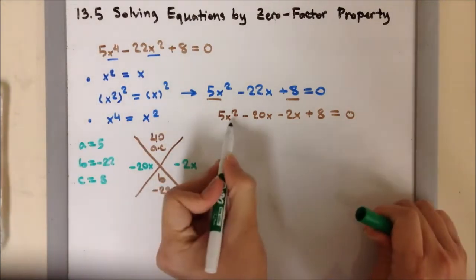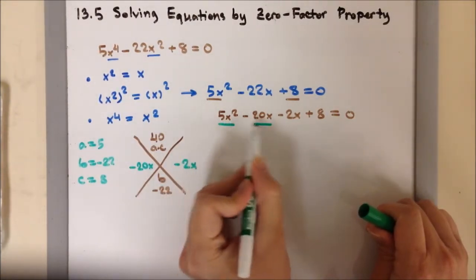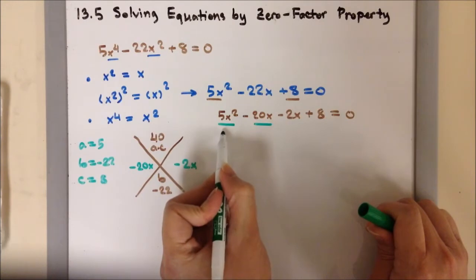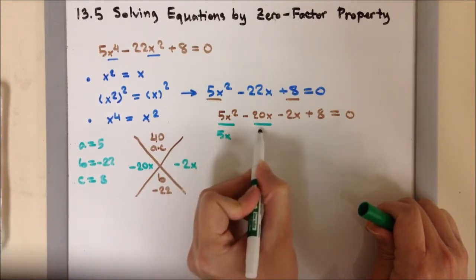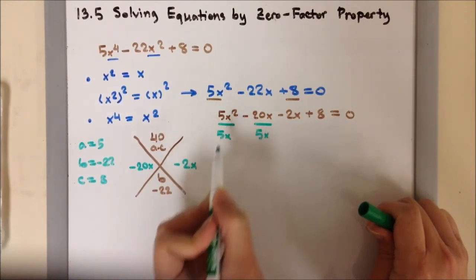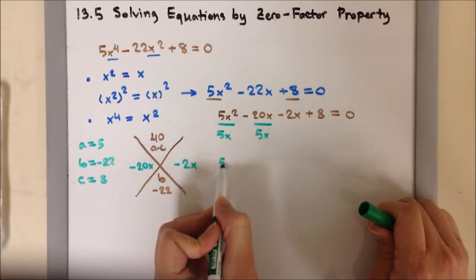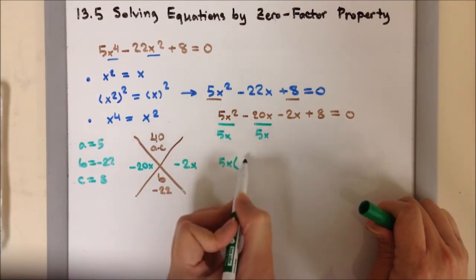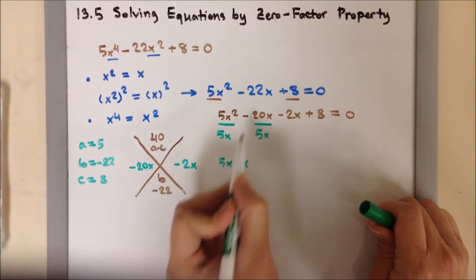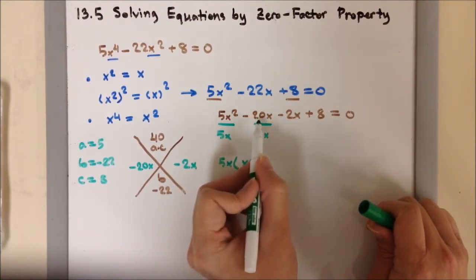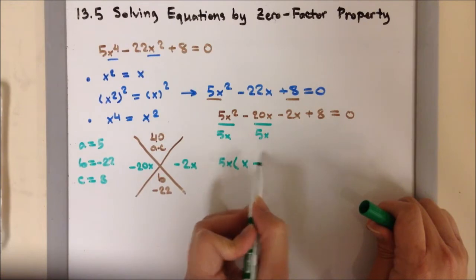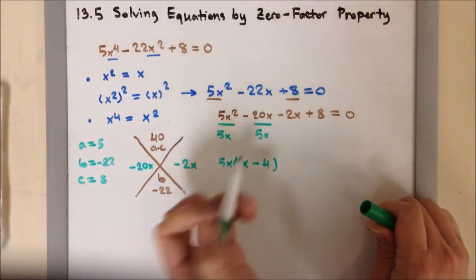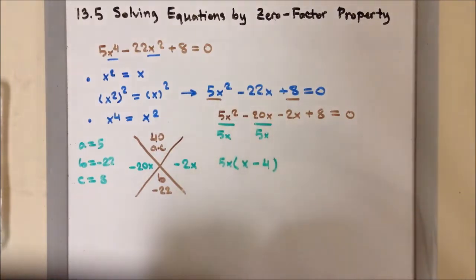My left side, the only thing in common between these two terms is 5 and x. So I'm going to divide both terms by 5x. So I'm going to have that on the outside. 5x squared divided by 5x is x. Negative 20x divided by 5x will be minus 4. And then on the right side,